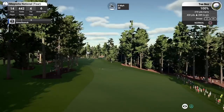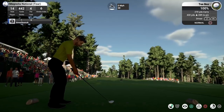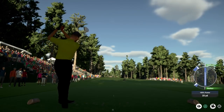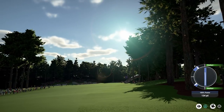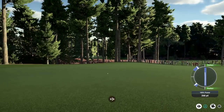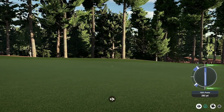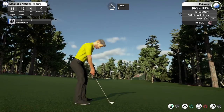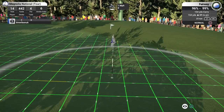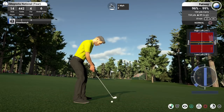Alright, 14. I mean, this is probably one of the least interesting holes on the course. You have to make sure you get this down the left because the fairway does slope all the way to the right. You can see I aimed that down the left. It ended up on the right hand side of the fairway. Yeah, I'm not a big fan of 14. It's just one of those holes that's a bit...